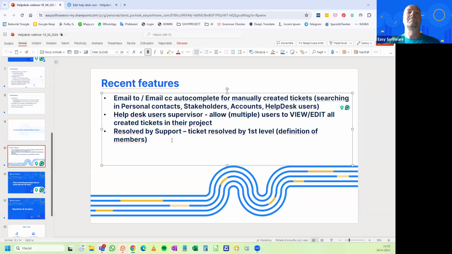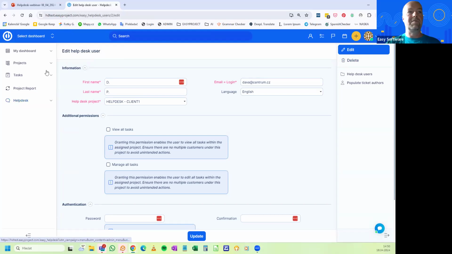And this is for tickets resolved by first level. So if you want to measure that you didn't need to contact second level or third level with the ticket solution, then you can measure that. And this can be found if I click on the main dashboard